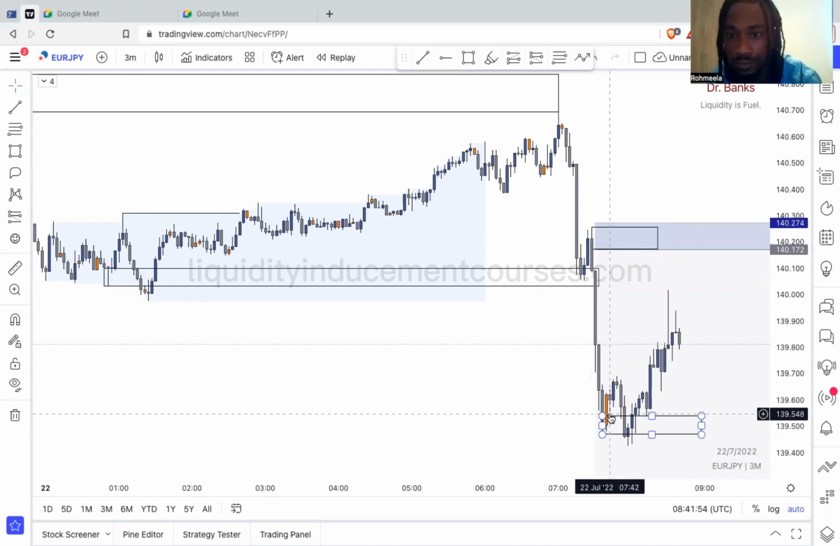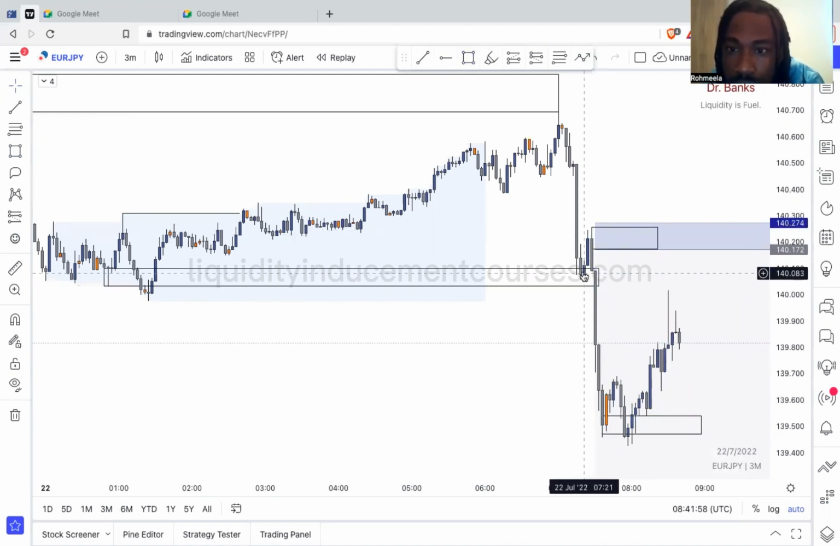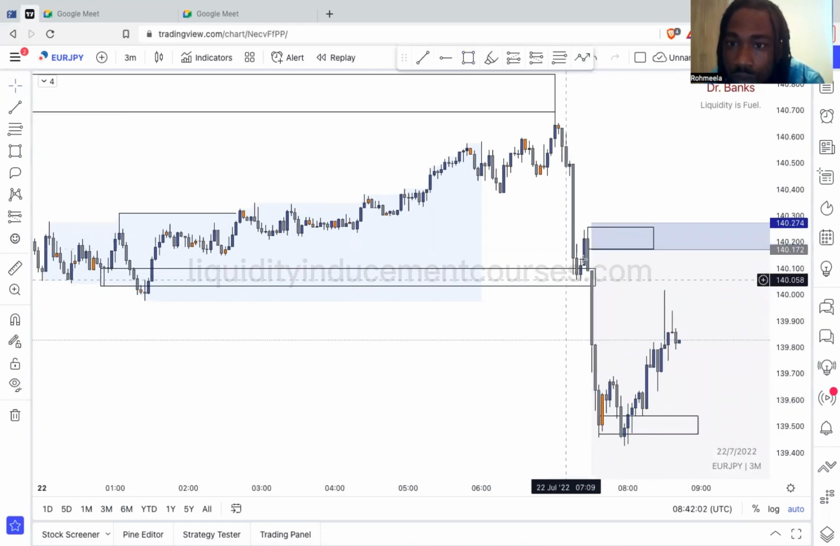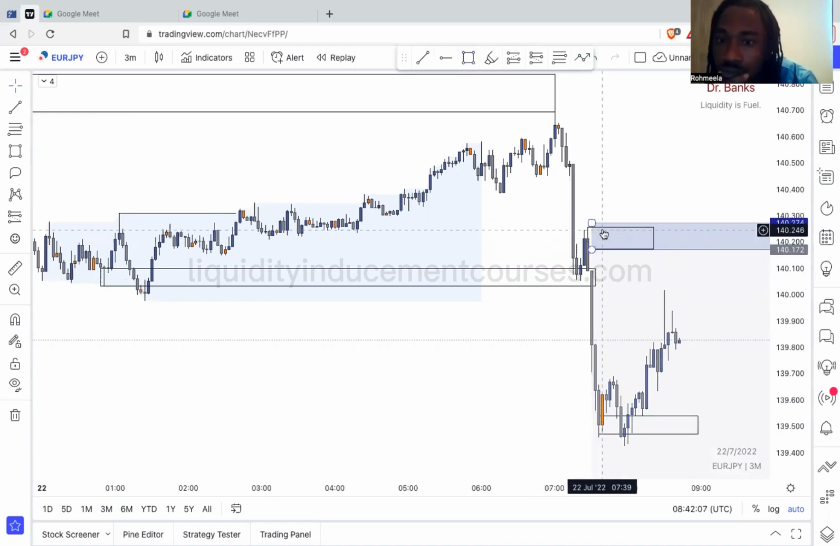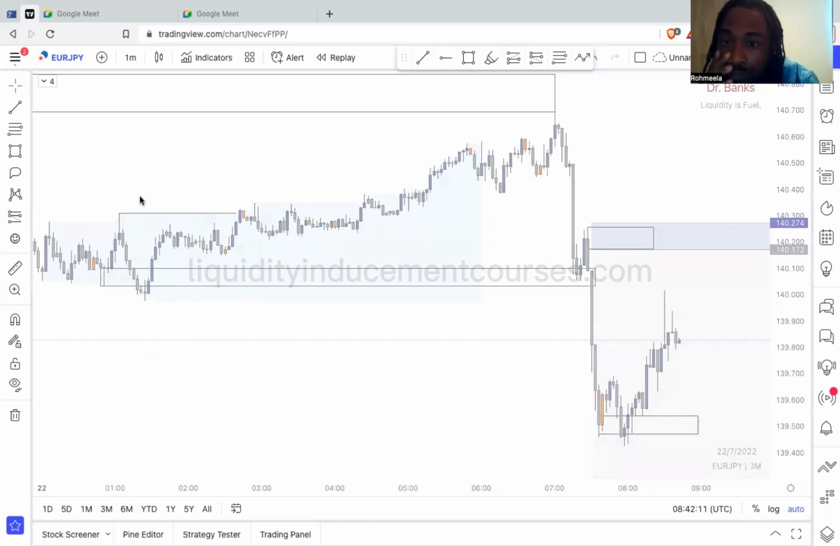So my first point of interest will be to look for the supply that broke the demand. That is what we call flip zones. Supply, demand broken transfers power to supply. Supply broken transfers power to demand. So if I go to my lower time frame,